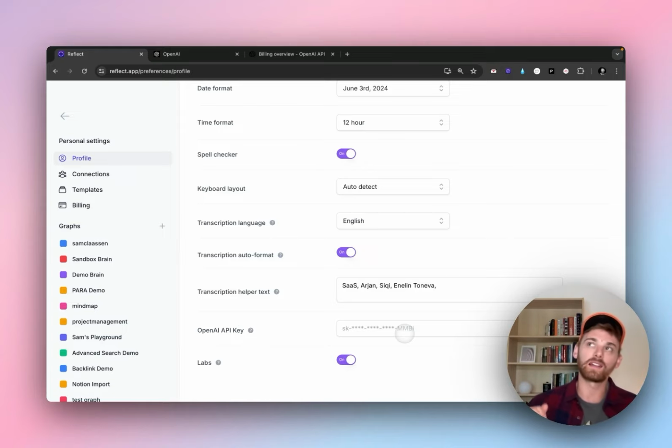And what that allows is for OpenAI to basically bill you for your own usage, which for an individual is really not that expensive. But you can imagine for a company like Reflect with many users, if we just let people use it unlimited, it would get very unaffordable for us. And that's why we had to put limits on it. So that's a little bit of backstory here, but the OpenAI API key box here is just in the profile